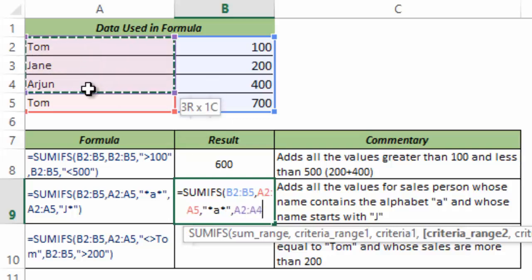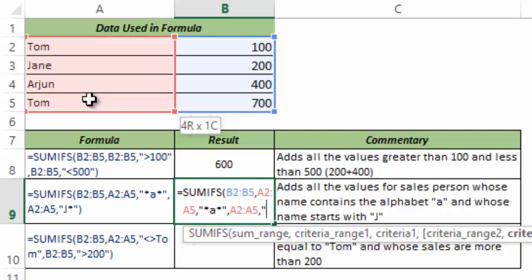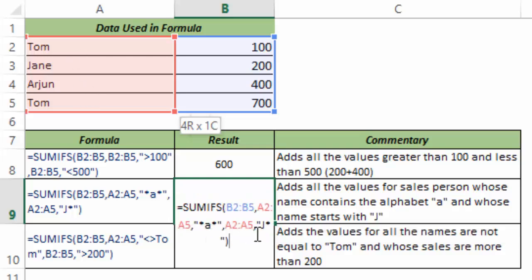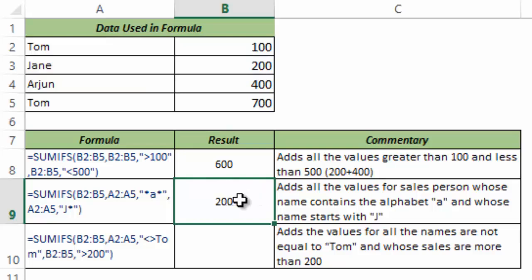For the second criteria, again select this range, and my second criteria is J asterisk. What this means is that any word that starts with J would meet this criteria, and it could have any number of characters after J because I've given an asterisk here. So now when I hit Control Enter, this gives me 200.